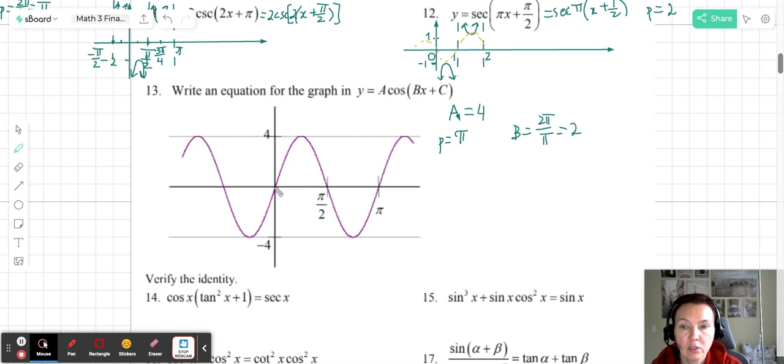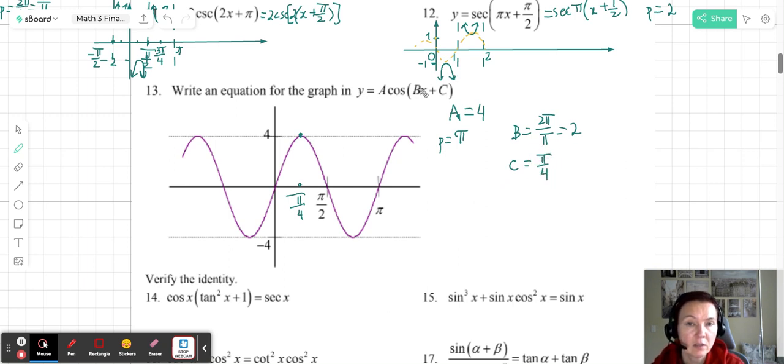And we need to have cosine. We can clearly see that if we were just looking at the midline, we would say that, oh, it looks like it's a sine because it starts at the midline, which means that for cosine it starts over here, which is going to be pi over 4. So our cosine was shifted pi over 4 to the right, right? Instead of starting at the y-axis, this maximum point is to the right. So that means that c has to be equal to pi over 4,